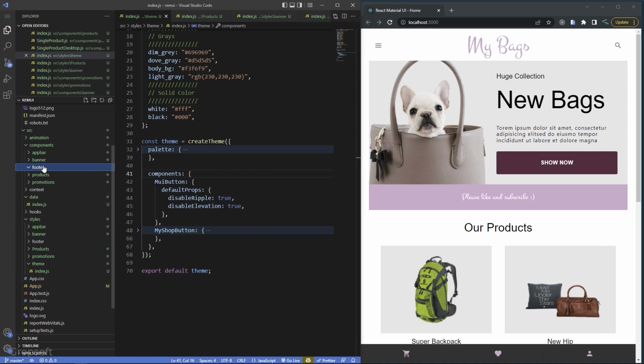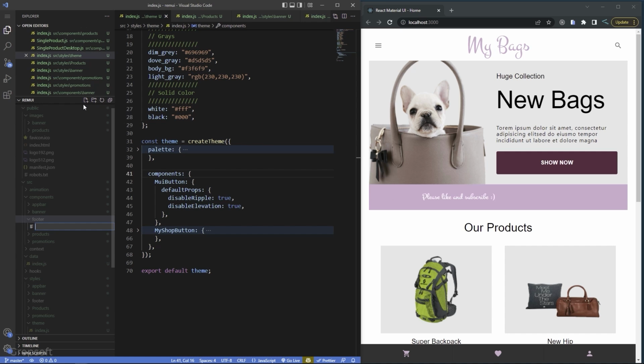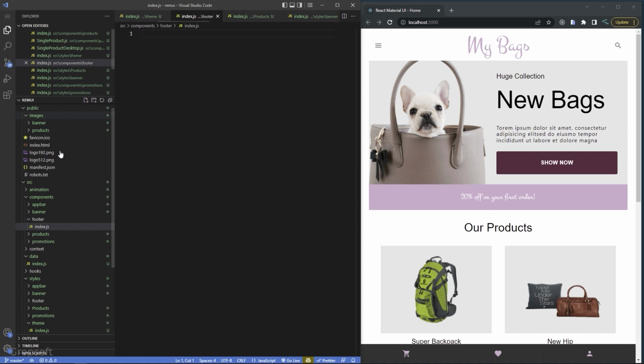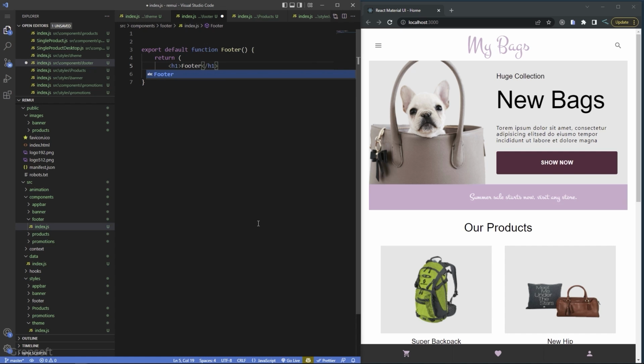And so in here in the footer, as we do, create the index.js, and I can do export default function footer like so,